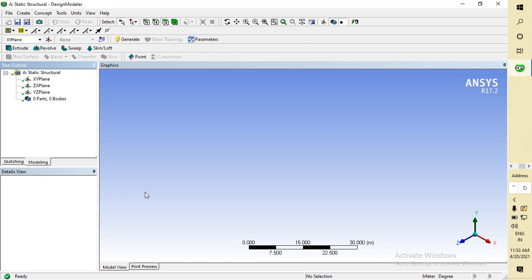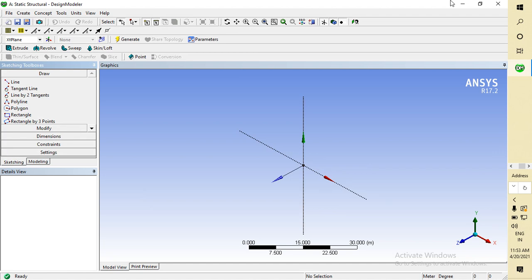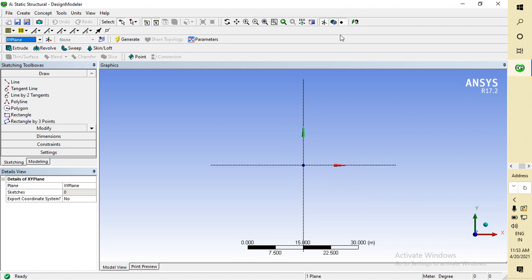Here there are various options, and here you can create your own diagram also by clicking. This is the XY plane already seen, and just click here and you can draw a line, etc. But I am not used to it. I know only a little about it. So first of all I am going to import the file of whatever you made as a 3D design in SolidWorks or CATIA. In CATIA you have to save the file in .stp or .igs form.